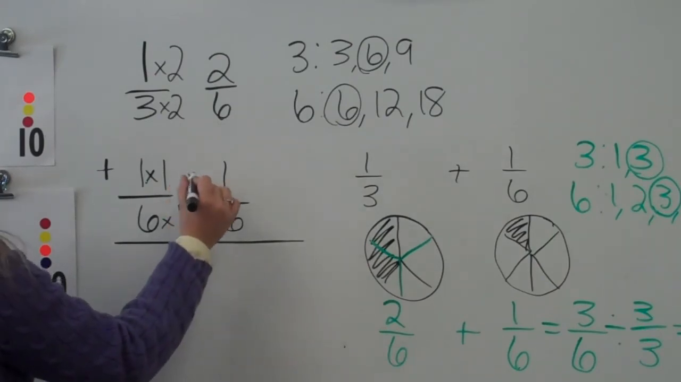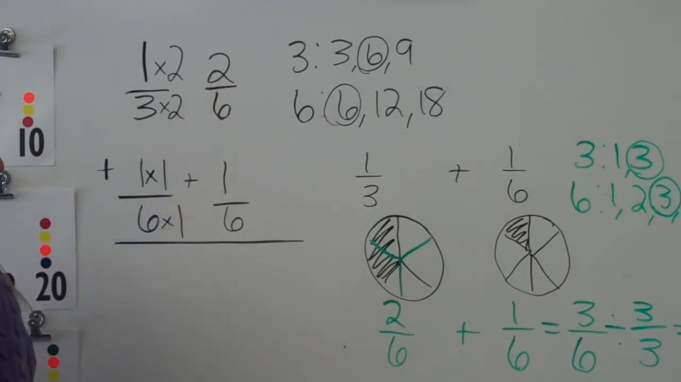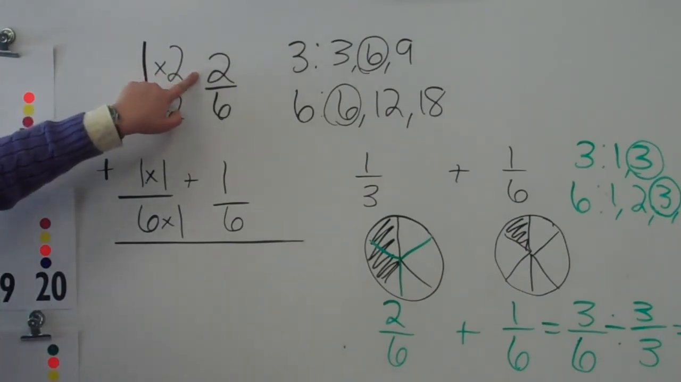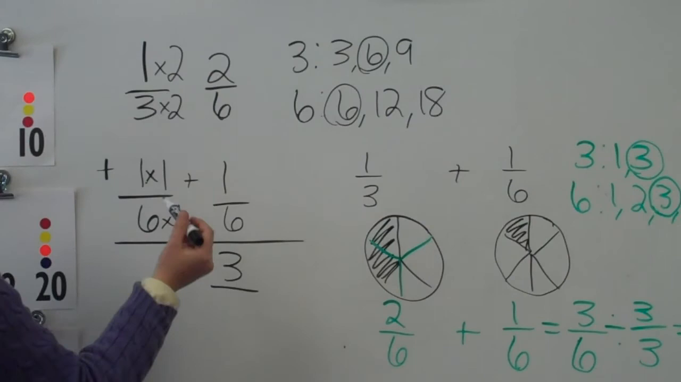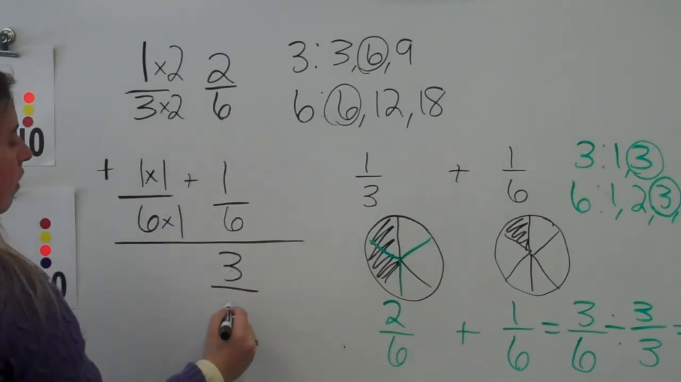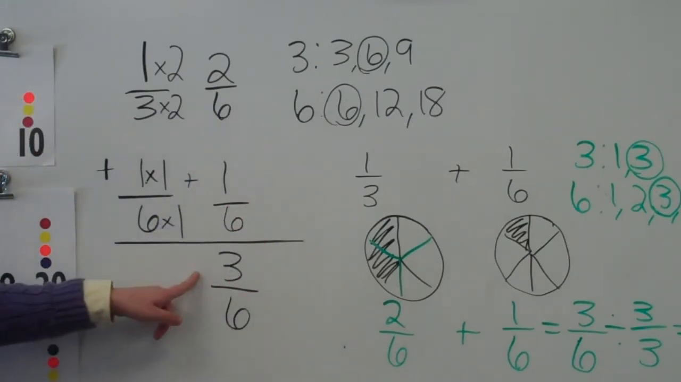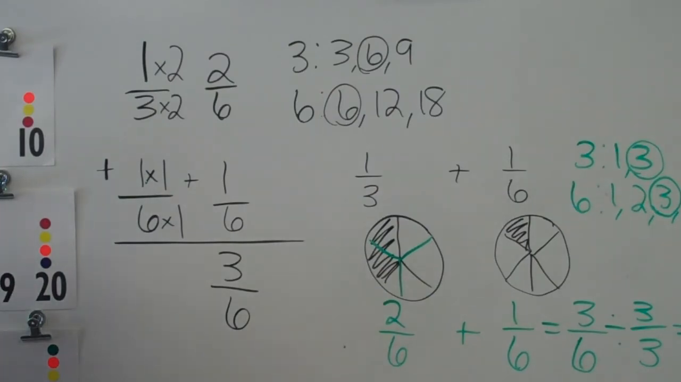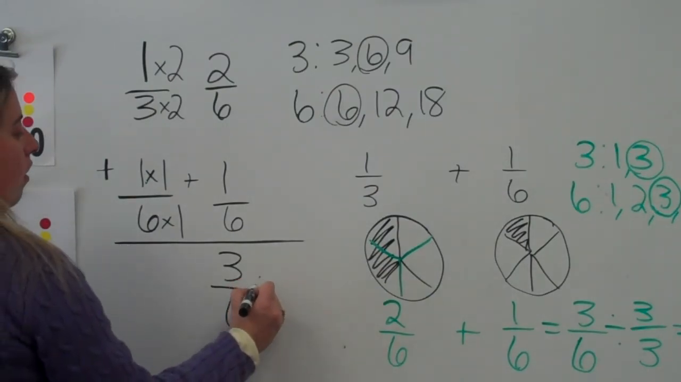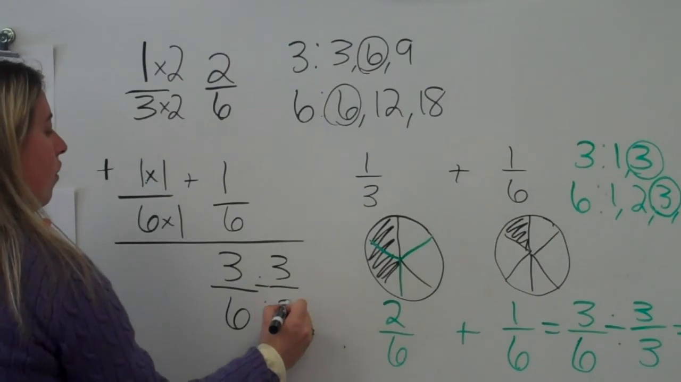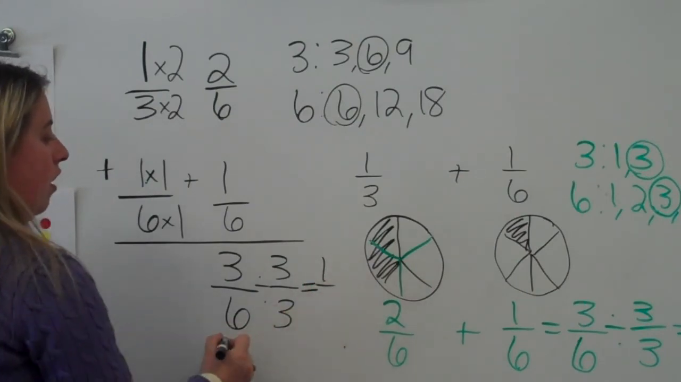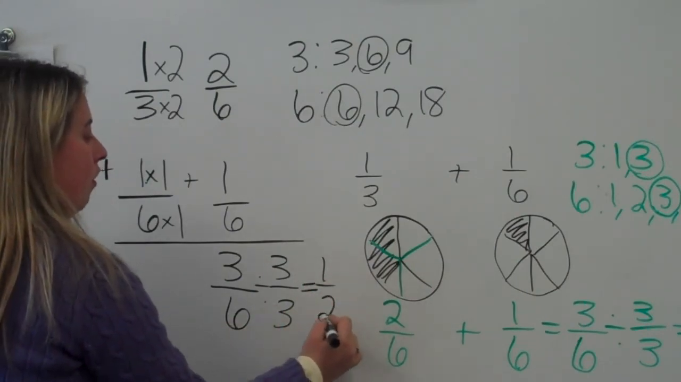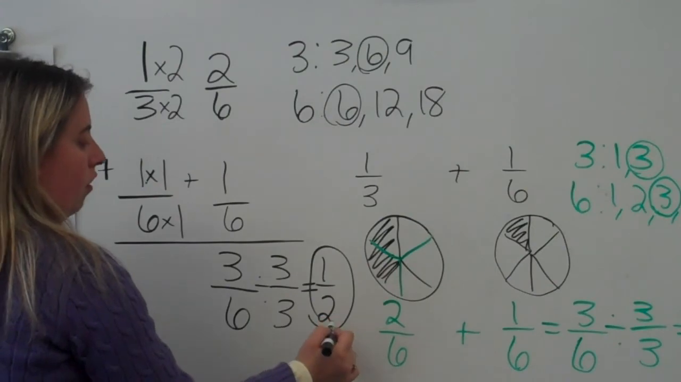Now, I have a new problem. 2/6 plus 1/6. I add my numerators. 2 plus 1 is 3. Keep my denominator, 6. Then I know that 3 and 6 have a common factor of 3. I'm going to divide by 3 over 3. 3 divided by 3 is 1. 6 divided by 3 is 2. These two answers